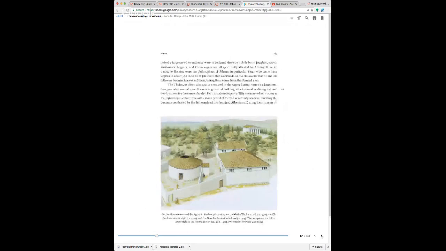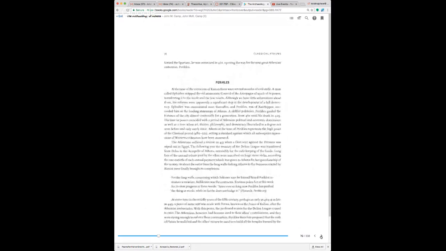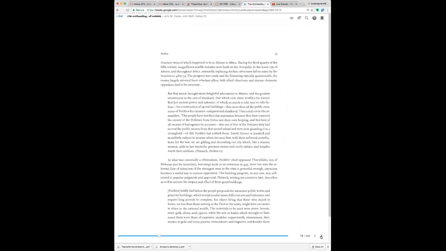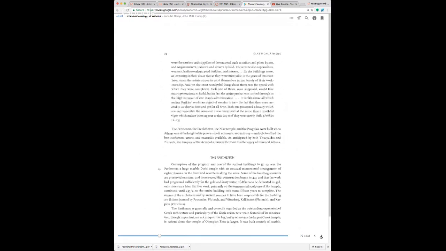So this is the Tholos, for instance, the Bouleuterion, where the Boule met, and onto the Parthenon under Pericles. The Parthenon is the temple to Athena. One thing to keep in mind about Greek religion is that what you do, the rituals that you perform, means that you are religious. It is not a matter of your belief. It is a religion of practice, not of orthodoxy. That also holds for Roman religion.